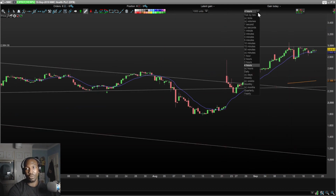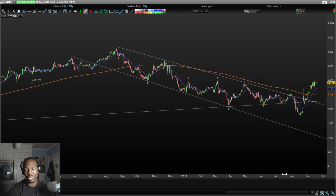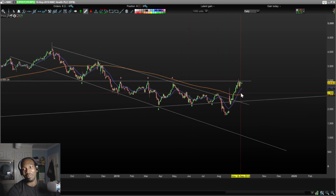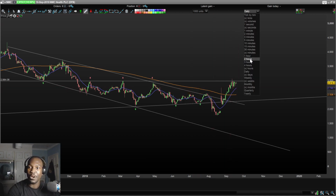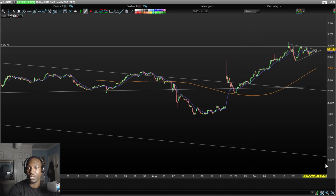If you go to the daily chart, you can see that the point that it's at right now is a very important position, because there's a previous support twice and a resistance 3 times, and it could potentially be a resistance again or support. We don't know, but I'm leaning towards price breaking out to the upside. One, because the 180-day simple moving average is below the price and it's curving up, and two, because if you go to the 1-hour chart...